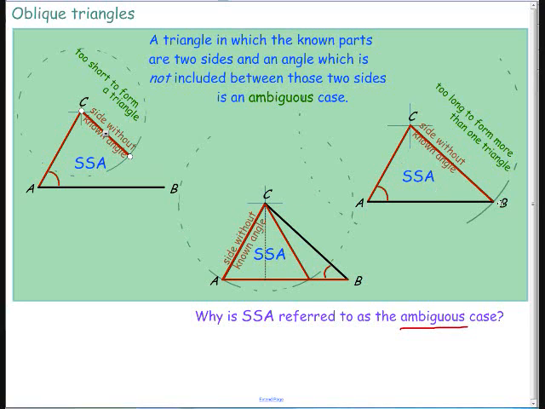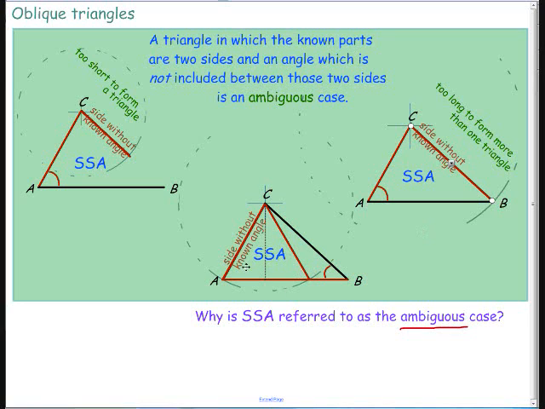We could have a side which is just right. I'm supposed to be keeping its length always the same. Just right to form one triangle. It can't do more than that because here it's too long to connect. So this one will form just one triangle,